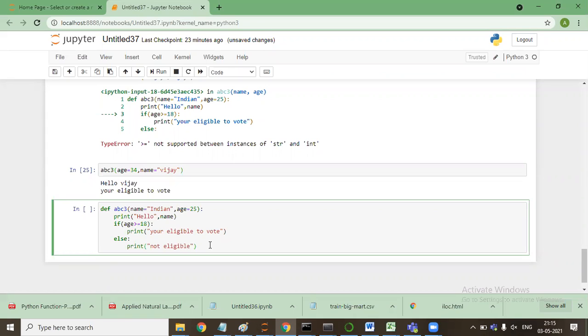But we are not allowed to take each and every piece of information all the time. So what we need to do, we will make these arguments optional arguments, which means whatever the user can provide, the user will provide, else will pass it on.